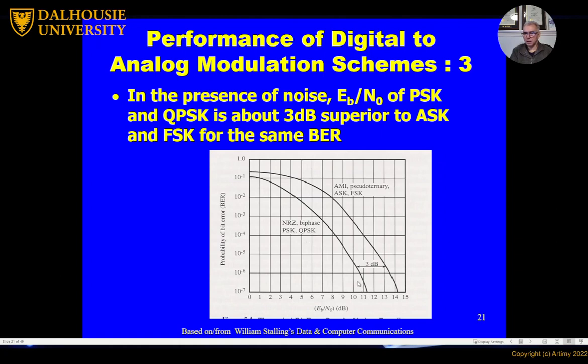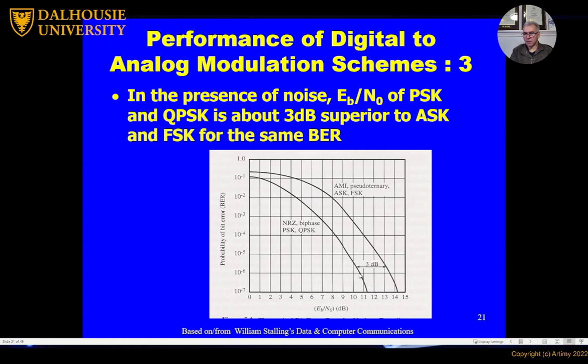As the ratio goes higher, the probability is lower. All right. And the other information that the graph gives us is that actually there is a 3 dB difference between the energy required to get the same probability if we compare, for example, amplitude shift keying relative to phase shift keying. What I mean is, for phase shift keying,